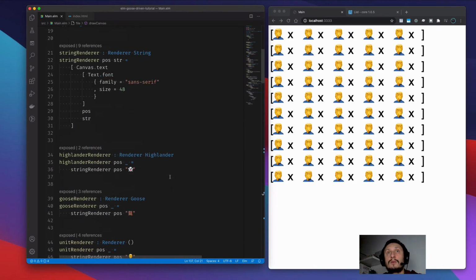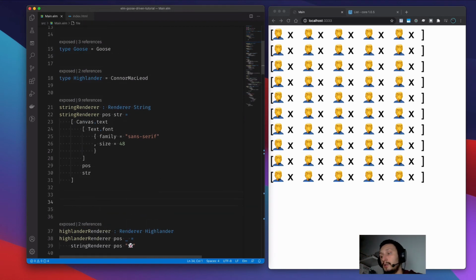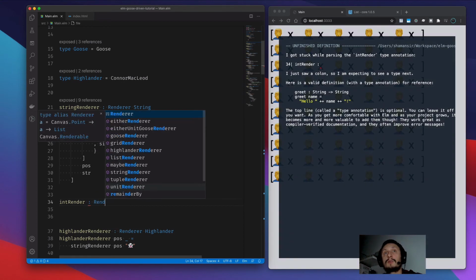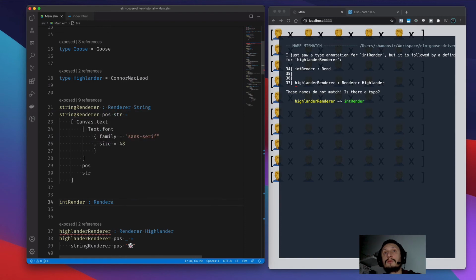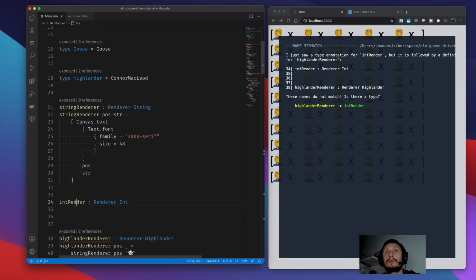I just thought that since we have something for the strings, it's fast to write it. So it's the renderer,